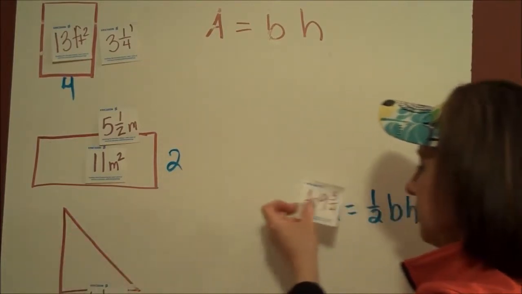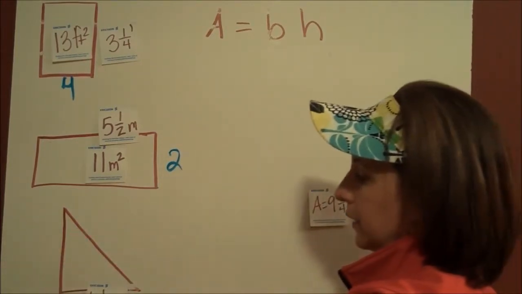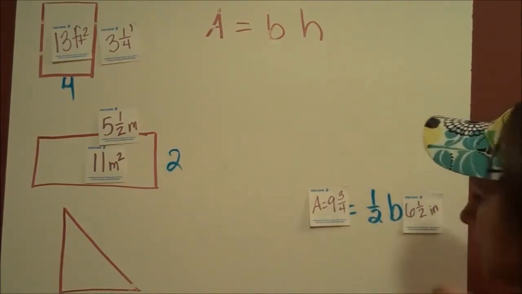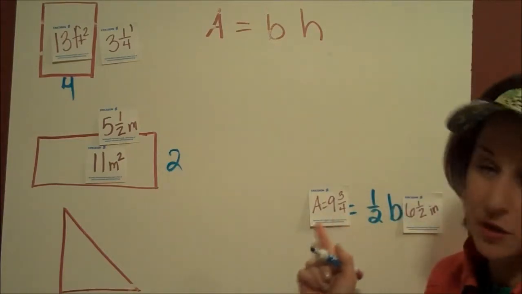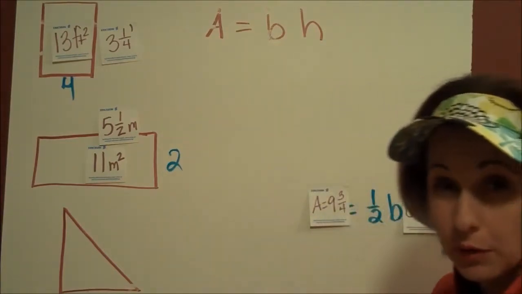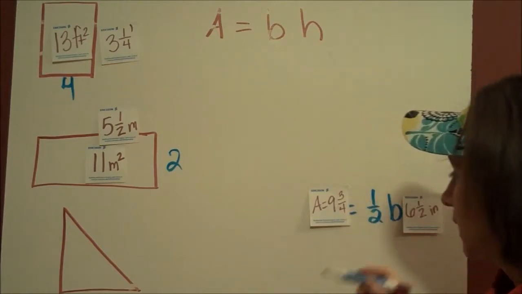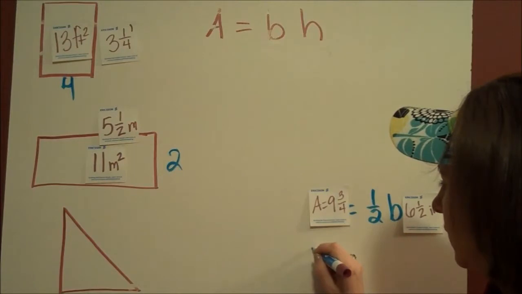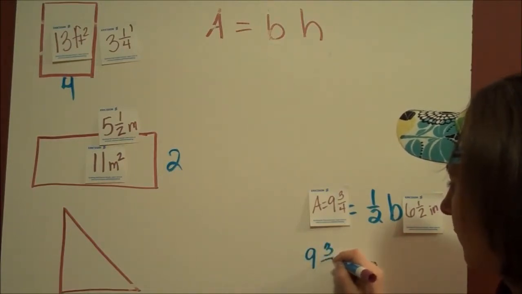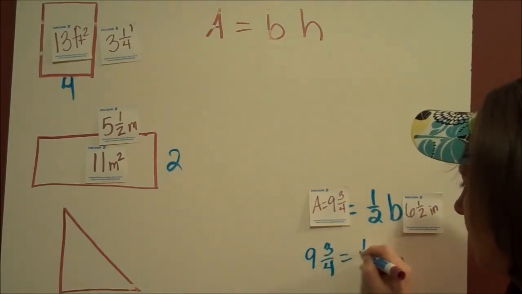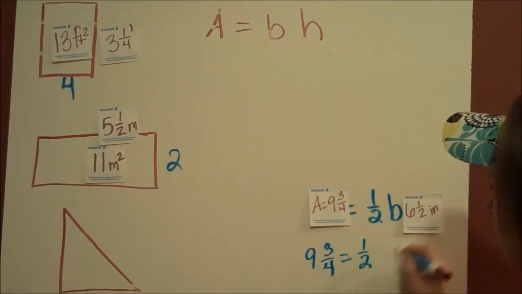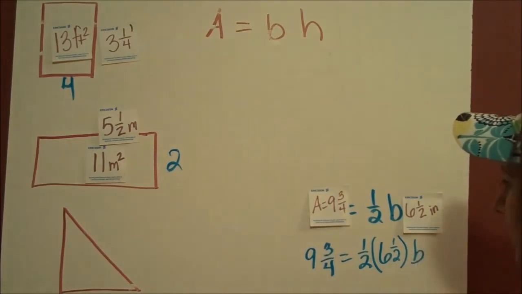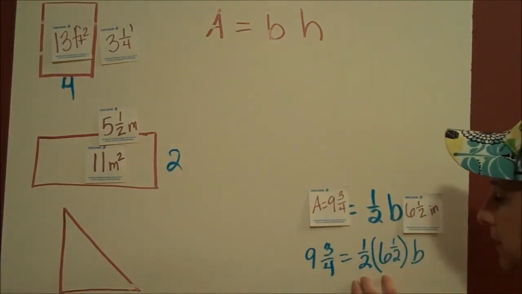Instead of the A, we have 9 3/4. Instead of the base, we have 6 1/2. Or instead of the height, we have 6 1/2. It doesn't matter which of those letters we cover up because it's the commutative property and we're going to figure out the other one. So if you'll rewrite this with me, 9 3/4 equals half of 6 1/2 times B. And I just switched the order of these because I wanted to be able to have these beside